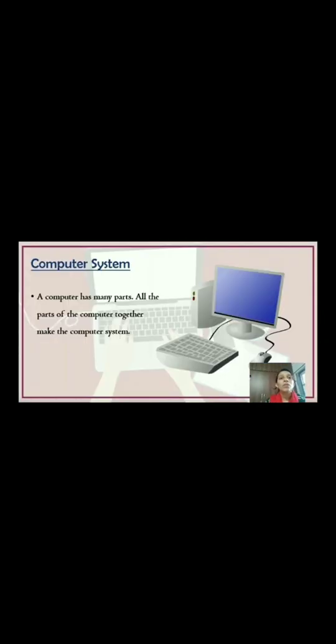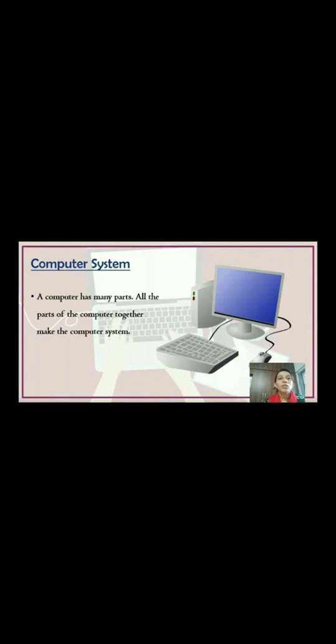In the previous video we have learned about computer system, hardware, software and IPO cycle. Now we are going to revise the chapter computer system, hardware, software and IPO cycle. Now in your mind there is one question: what is a computer system, how does it work and what is the use of the computer system?